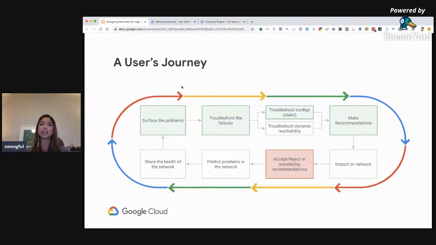So it would act like a safe sandbox environment where you can validate your configuration changes and know exactly what the result will be, and then actually be able to provide you with new recommendations for how you can continue to optimize your network. Then once it provides you with predictive information about that, you can either accept or reject those recommendations and identify more cost-saving opportunities that you can change and new configurations that you can implement.